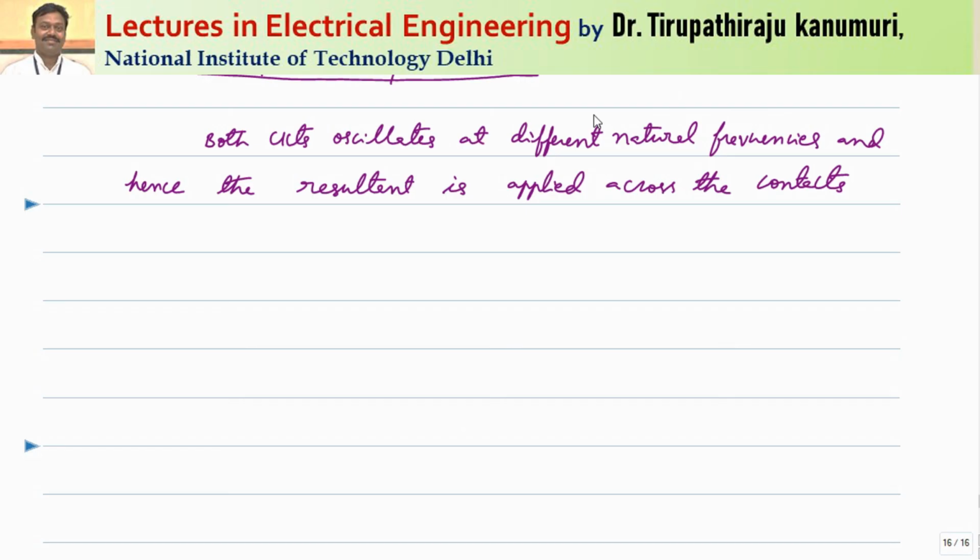So I hope everything is clear up to now. Next class we will take 2-3 numericals to clarify the concept of restriking voltage and rate of rise of restriking voltage, and after that we will see what the different factors are that affect the rate of rise of restriking voltage, and how to decrease its effect on the circuit breaker. That we are going to see in the next class.